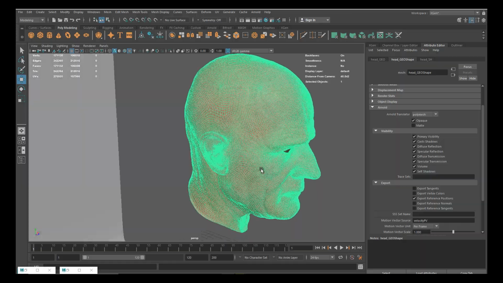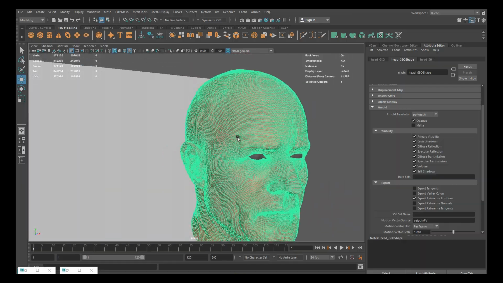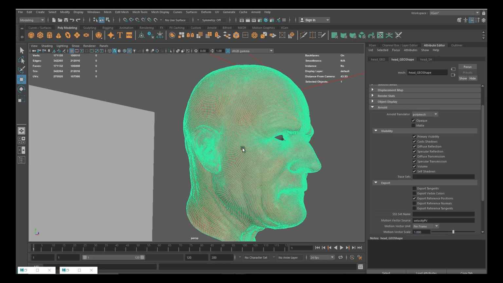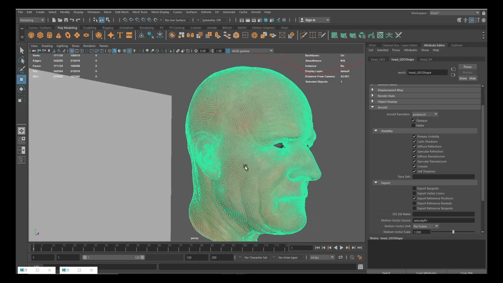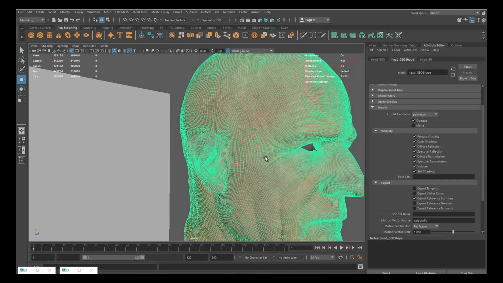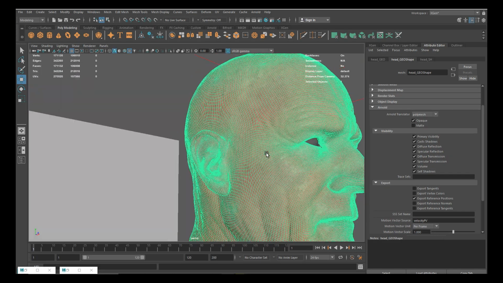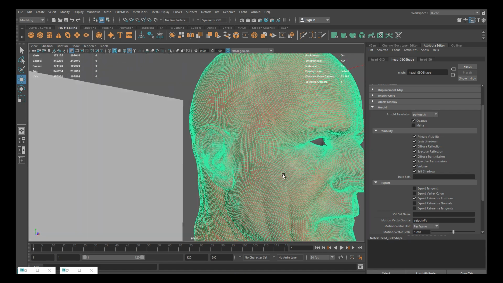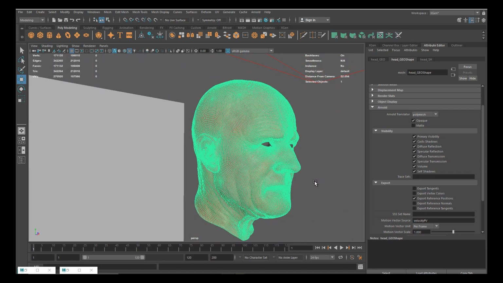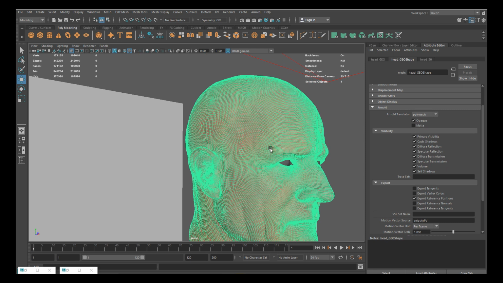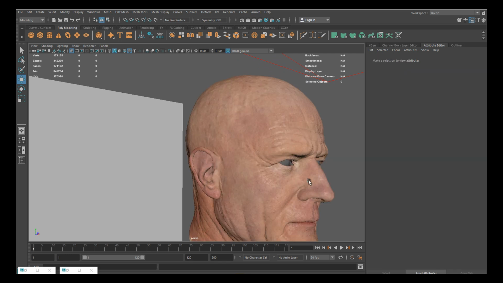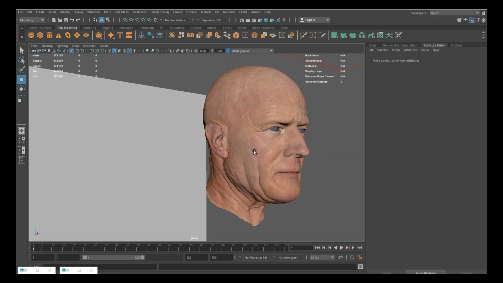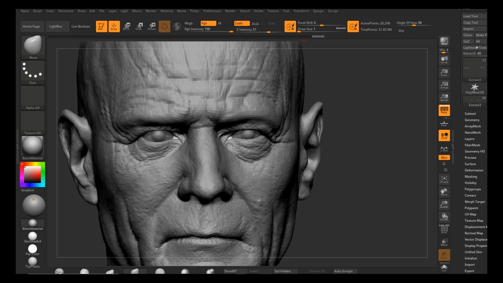If you're working on a lower budget project with computers that are not as strong and render farms that are not as strong, then you might go lower, like use your first subdivision or second subdivision. But I find it always easier and better, and it helps the displacement map to catch a lot of details in a better way when I use a higher subdivision. That's why I use, for example, my second or my third subdivision, and that's what I'm doing here. So in my ZBrush file here,